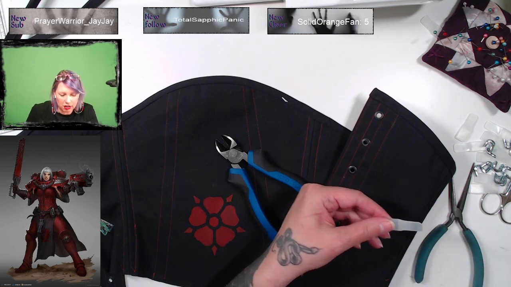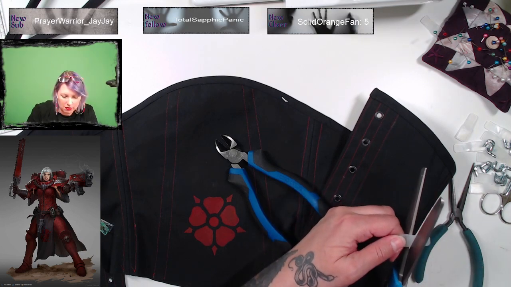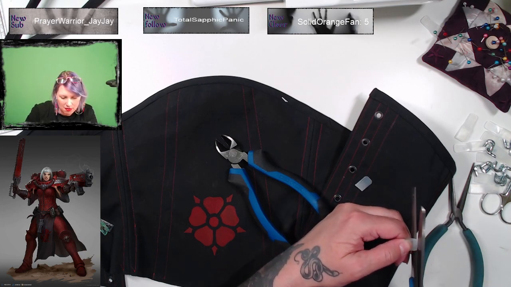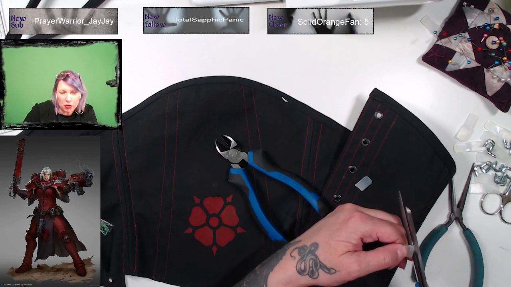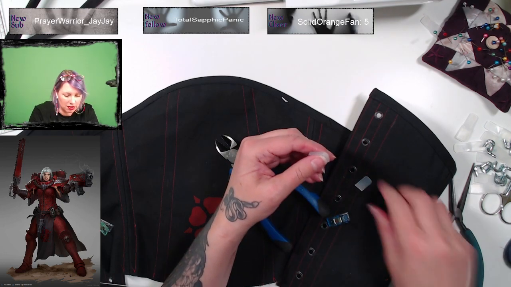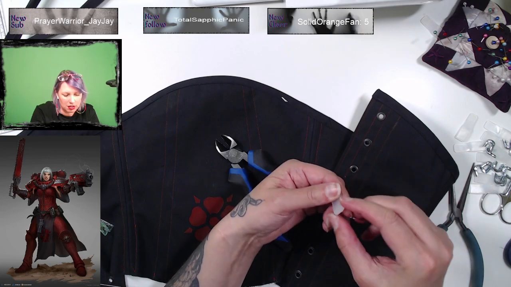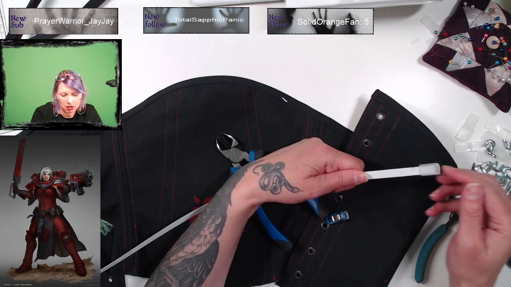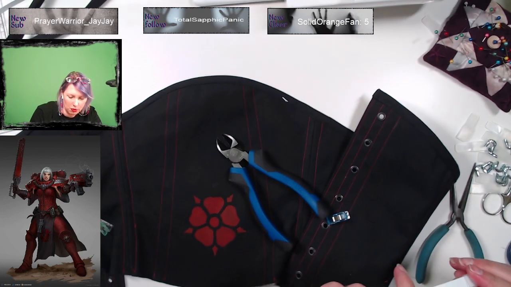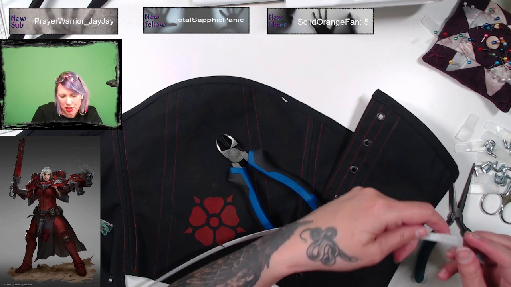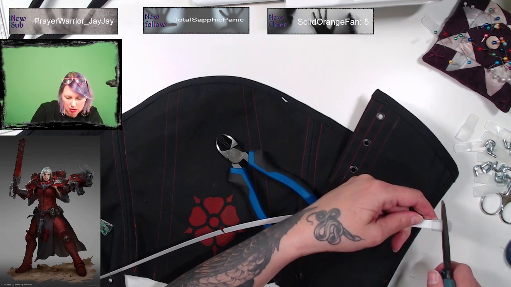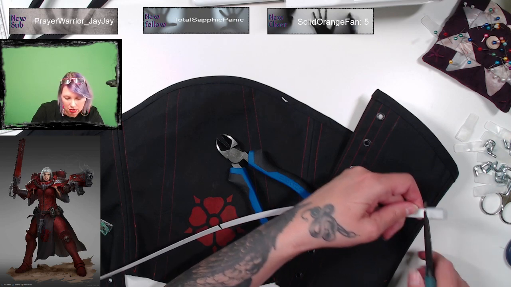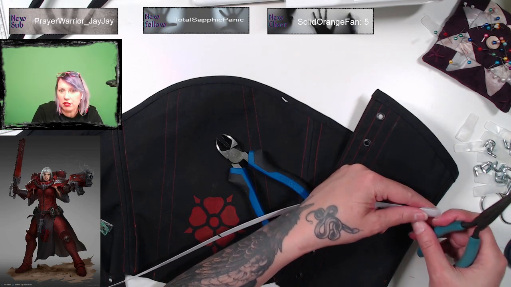I'm pretty sure I can cut this plastic off. It's supposed to be so that you can sew through it. There you go. So let's see. I just wish it was thinner. Why is it so thick? Can you squeeze it? Still loose.